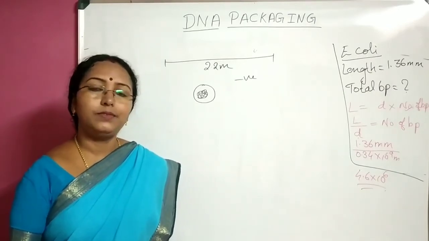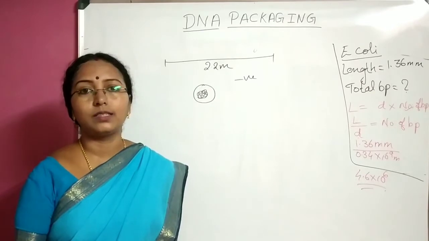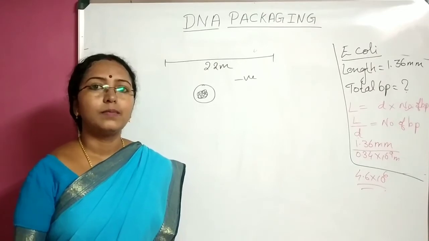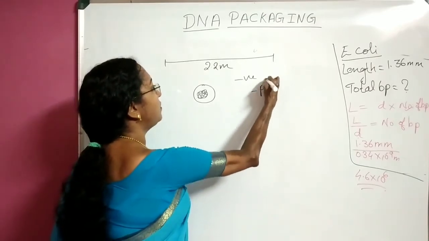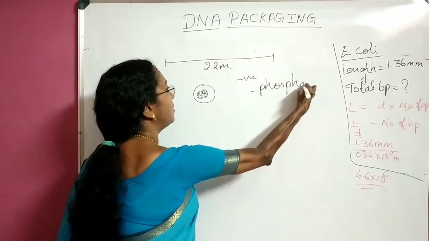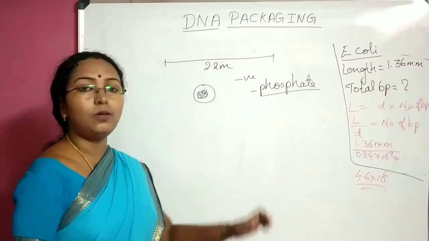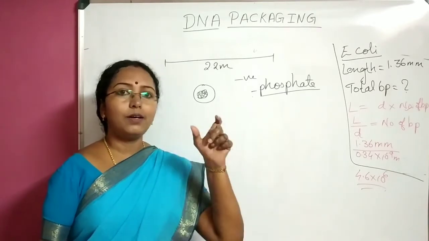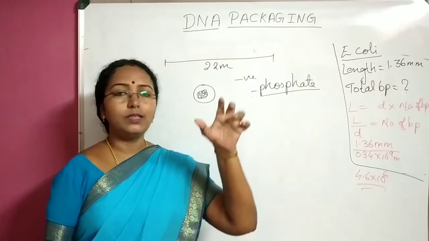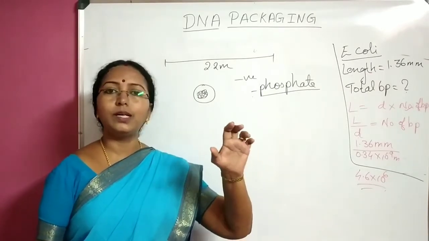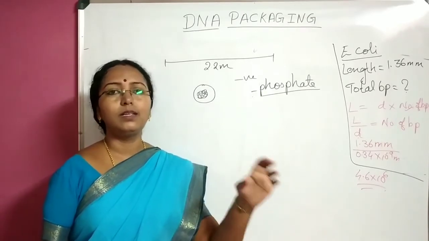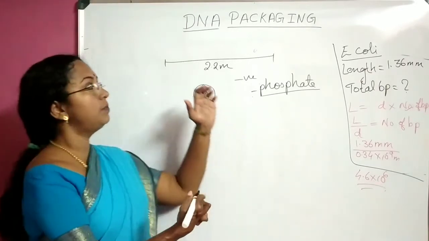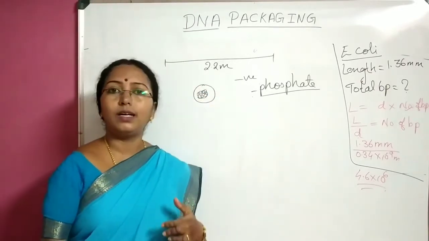What gives DNA that negative charge, or why is DNA not positively charged, or why is it not neutral? It's all because of the presence of the component called phosphate. My dear students, you all must know this. Our DNA molecule has a negative charge because it has phosphate. There are three components: nitrogenous base, pentose sugar and phosphate. Nitrogenous base is neutral, pentose sugar is neutral, and phosphate has a negative charge, which imparts a negative charge to our DNA.